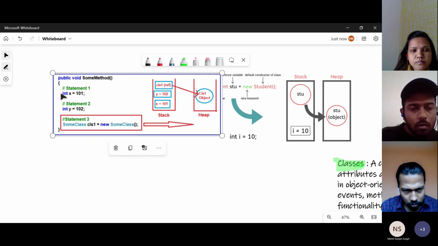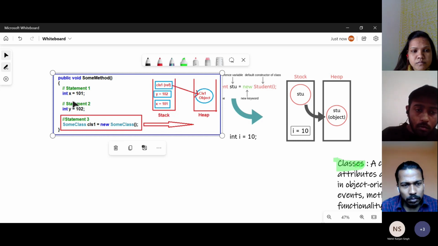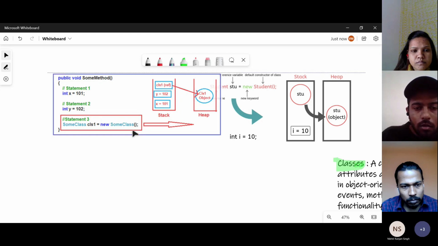Once this statement is run, when we create an object, the program allocates all the variables of x to stack memory, and the object